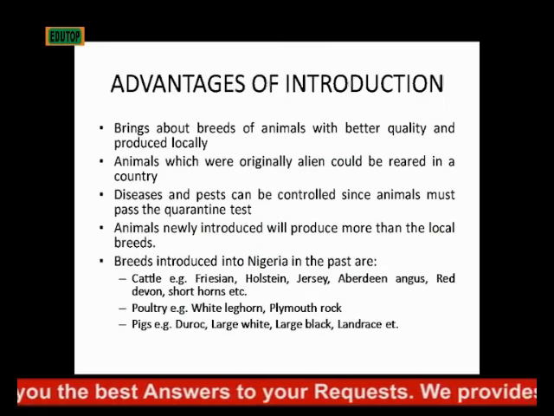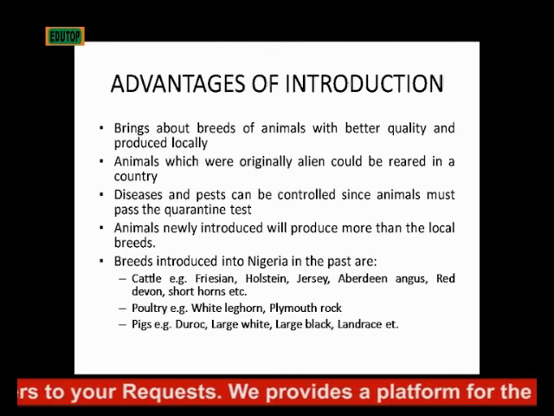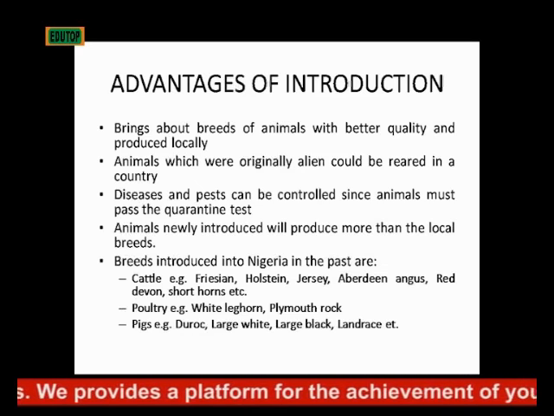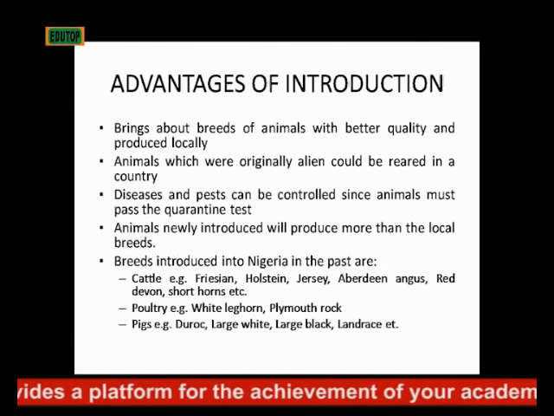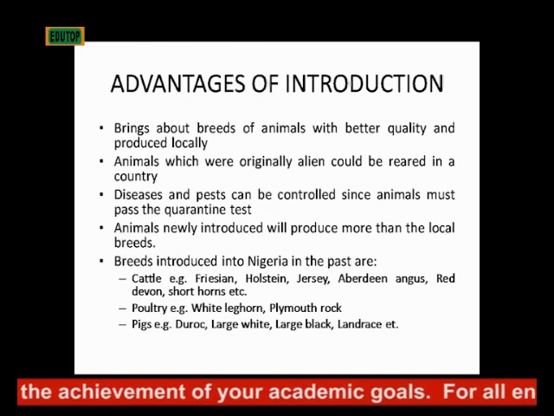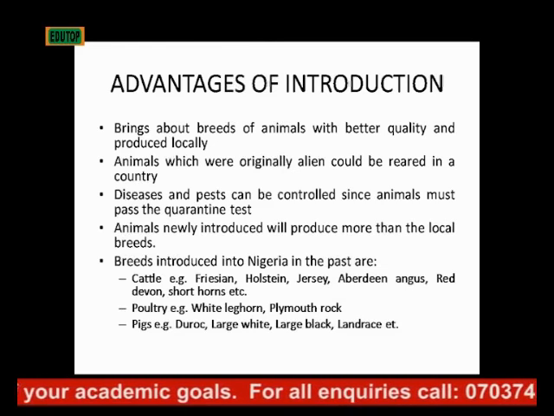Then we have breeds that have been introduced into Nigeria in the past. Breeds of cattle include the Friesian, the Holstein, Jersey, Aberdeen Angus, the Red Devon, Shorthorns, and so on. Those are the breeds of cattle that have been introduced into Nigeria. Then we have breeds of